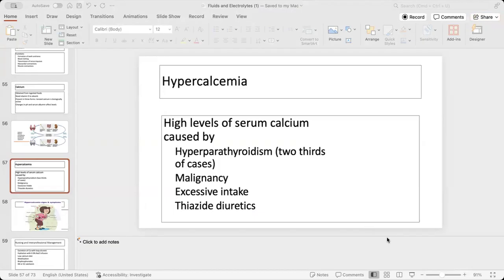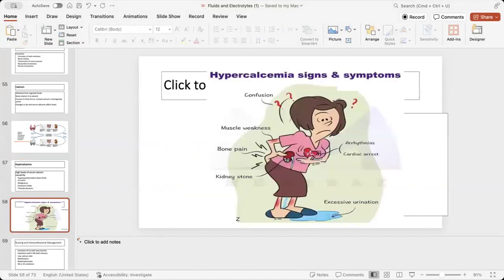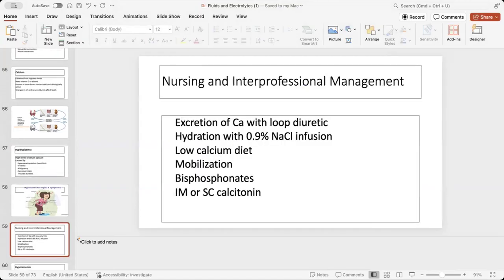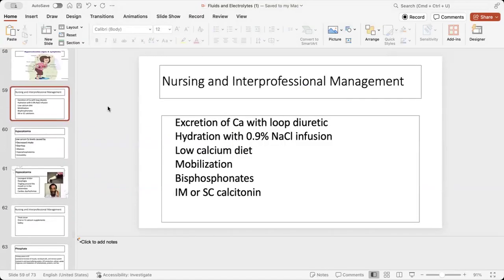Okay, we can hydrate. Where does that calcium deposit sometimes go? From the kidney stones, correct? Okay, so sometimes that extra calcium can deposit in the kidney, so we want to flush it out. So lots of good fluids to flush it out, normal saline. Bisphosphonates.